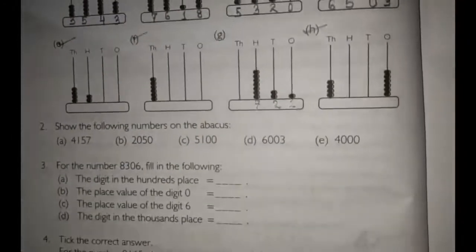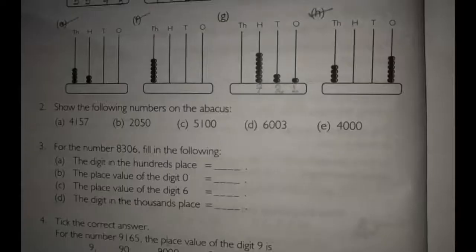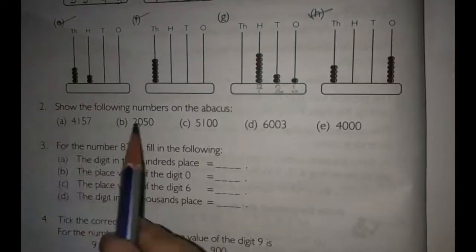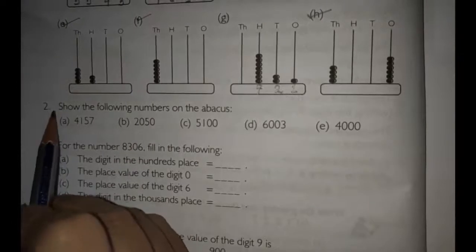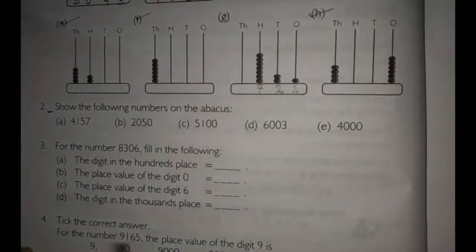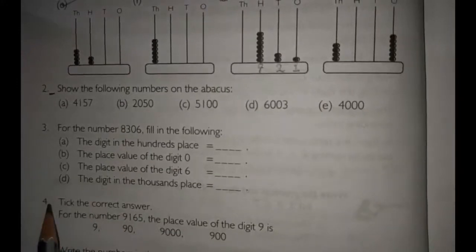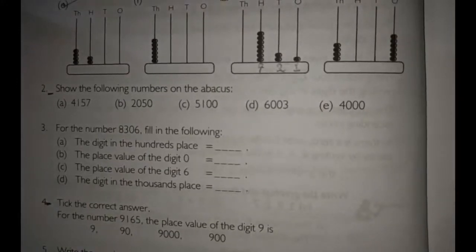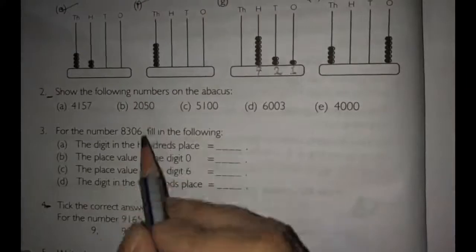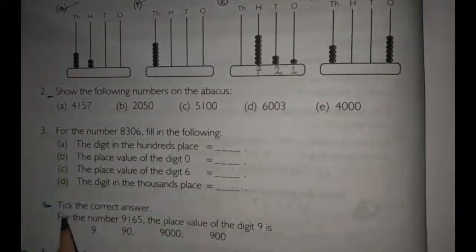So children, number 2 you have to do in copy, so let us skip this one for the next class. And number 4 also you have to do in copy, so let us skip this for the next class. Okay, when we do all the things in copy, we will do number 2 and number 4 also.